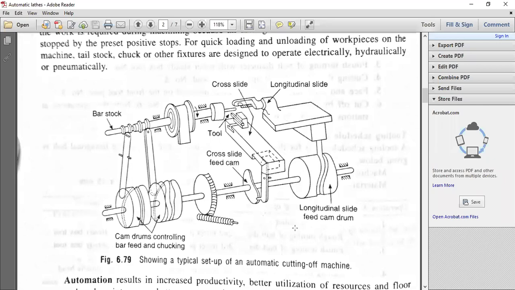The cams can be mounted on the longitudinal slide as well as the cross slide to control them. Here we have the cross slide feed cam, here we have the longitudinal feed cam drum. So all these are known as the camshaft drives. The camshaft drives are a combination of cross slide